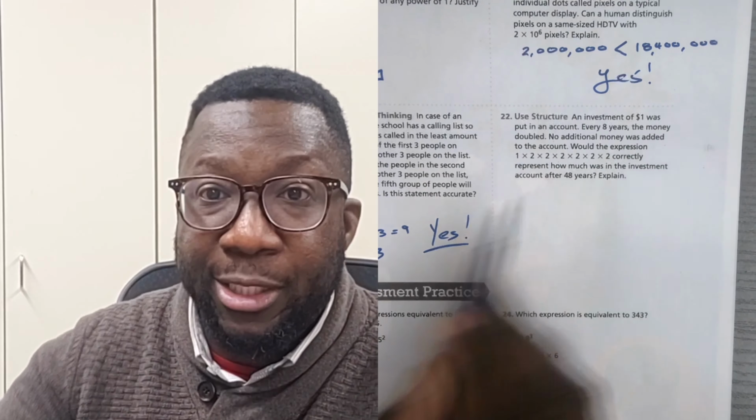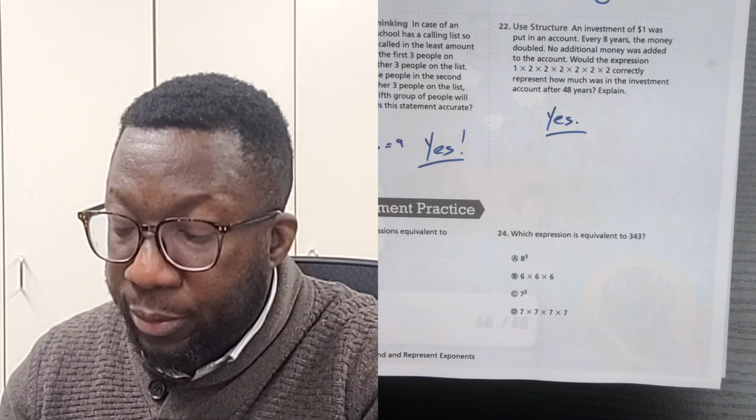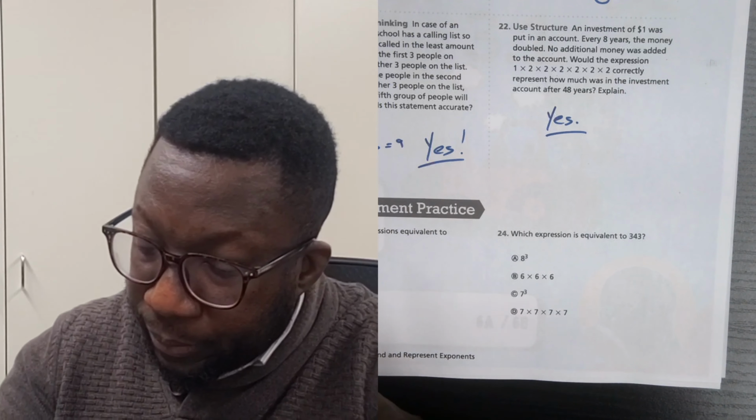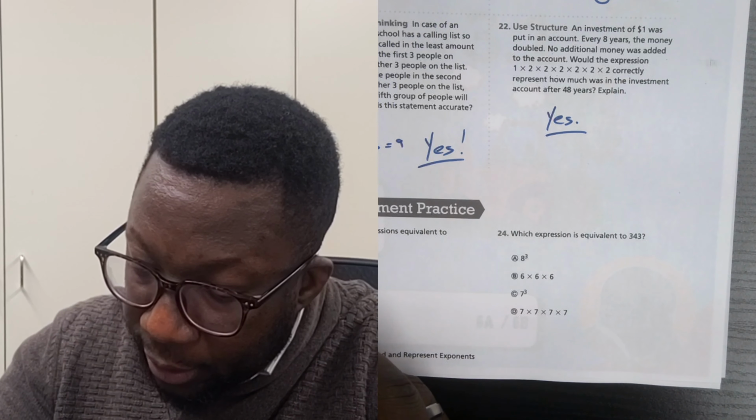For questions 23 and 24, for 23, we want to select all. So if it says select all, that means there's going to be more than one correct answer. And in this example, we can see that 0.5 is being multiplied 3 times as a factor. So that means this is going to be 0.5 to the third power, which is this value here. But there's one other expression that represents 0.5 to the third power. And that is